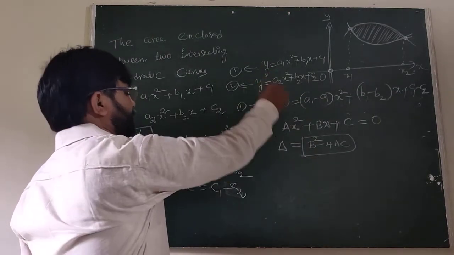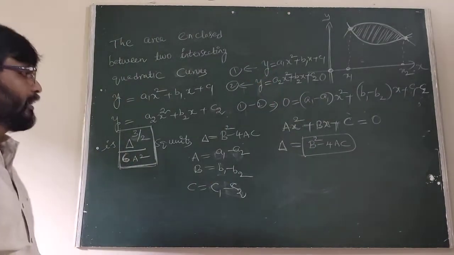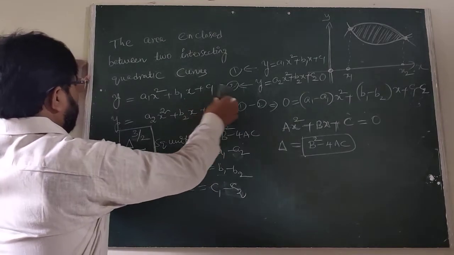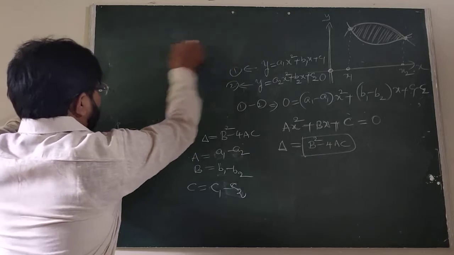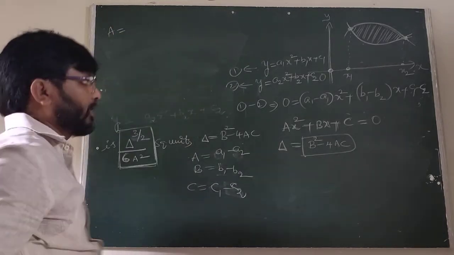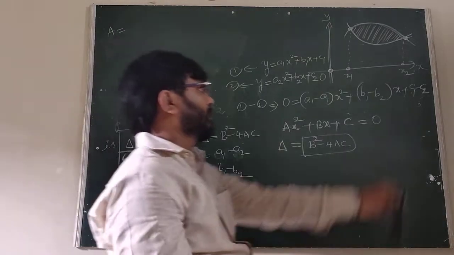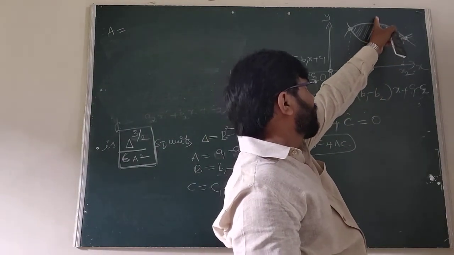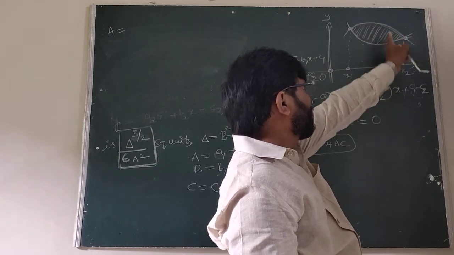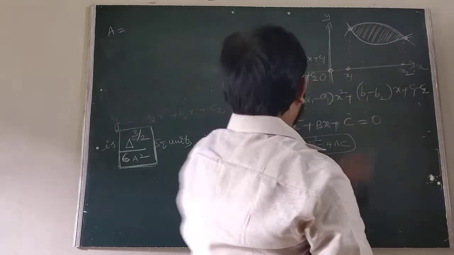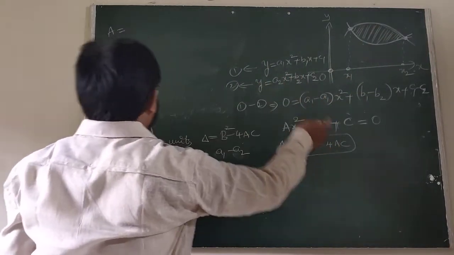of y1 minus y2. The required area, how to find y1 minus y2? All of you listen here. The required area, the area of the function, already I explained. When the two curves are there, this is y1, that means f of x, this is g of x. That means this is y1, this is y2. y1 minus y2.